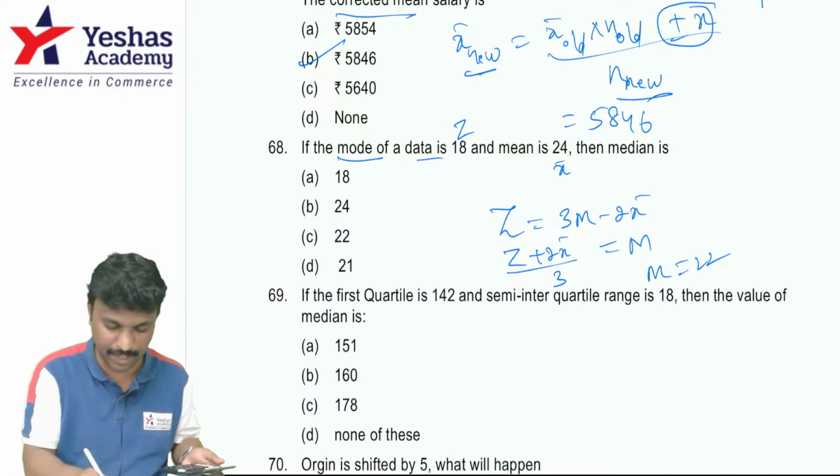You understood? 1, 2, 3, 4, 5, 6, 7. Only 7 observations are there. Right. Moving on to the next question, the harmonic mean h of two numbers is 4 and their arithmetic mean